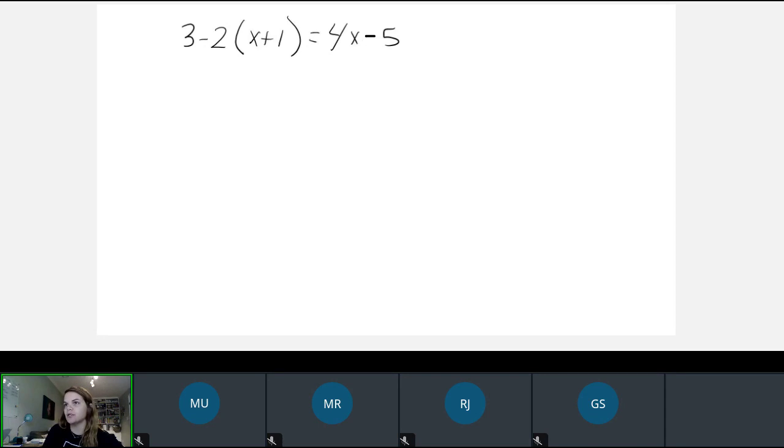So we are going to first distribute this -2 into my parentheses. So when I look at this, I have something together, but I do have this number right next to the parentheses, which indicates to